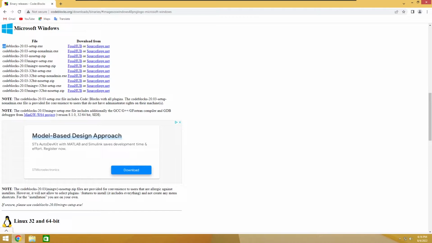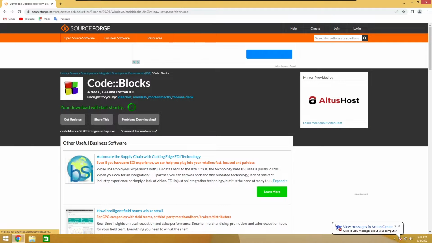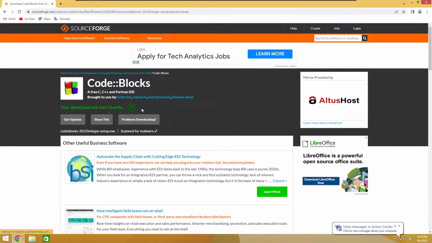Normally a normal user would download the setup.exe file, but we must download the MinGW file because it doesn't come with MinGW otherwise, and if you don't take the MinGW version then you can't use the C++ compiler, so it would be ineffective. So we are going to get it from SourceForge, and here we also must wait 3 seconds